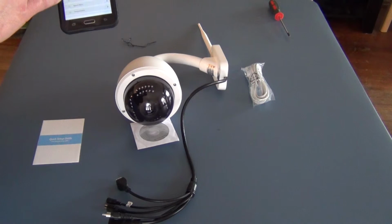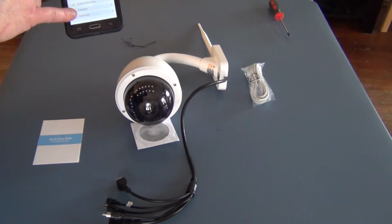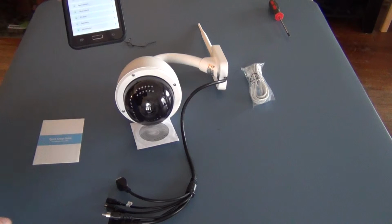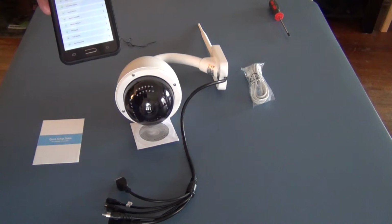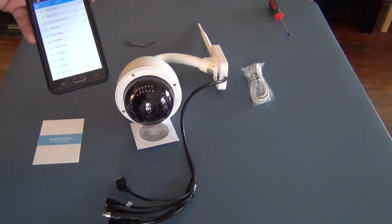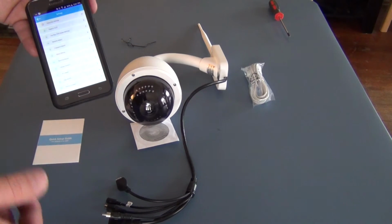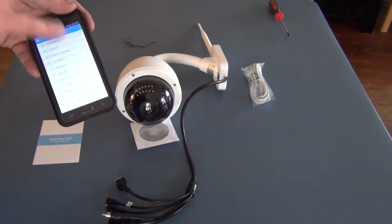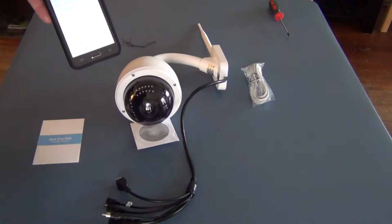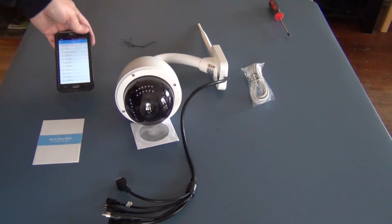And then you have your volume for that, your reset button here, or reboot if you need to, and then several other settings for the alarm schedules, push notify. You can turn that push notify off or on here, and that's for when the alarm goes off. If you want your phone to buzz or ring or whatever, you can turn it on and it'll let you know. But I will go ahead and,